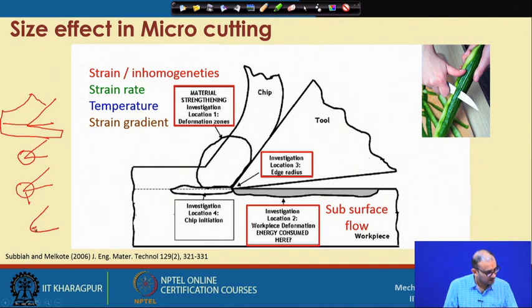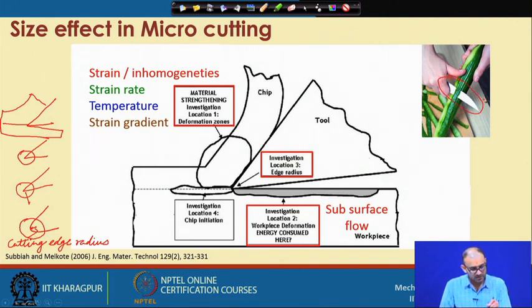radius. So, this is called cutting edge radius. This is very important to understand, because we know that if our tool is very sharp, it is very easy to remove the material, but we need to see what is going to happen with this particular edge if it is not sharp. Sharp is actually a relative term, because we are working at a